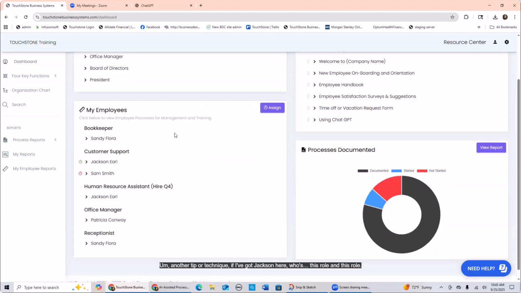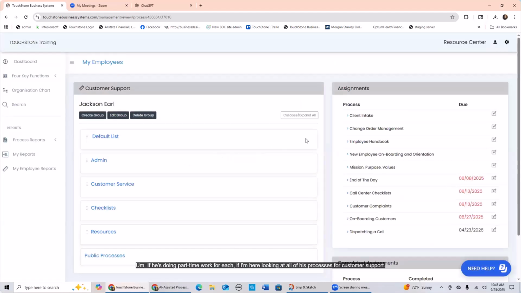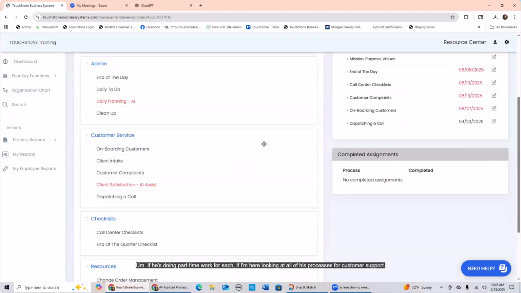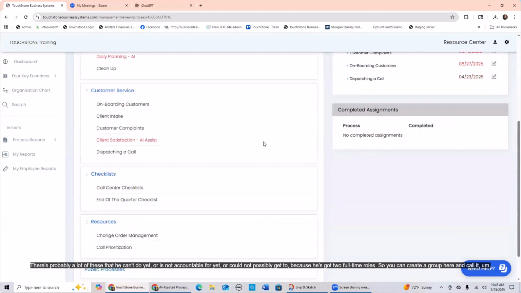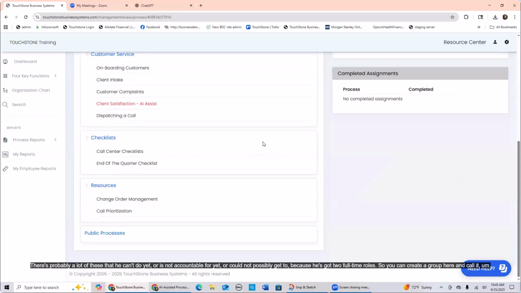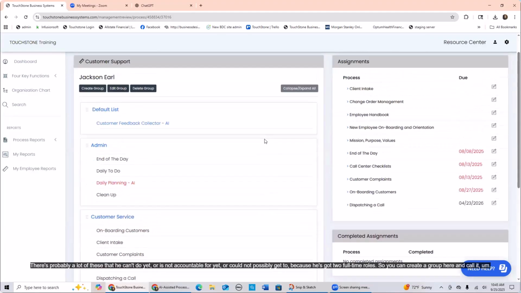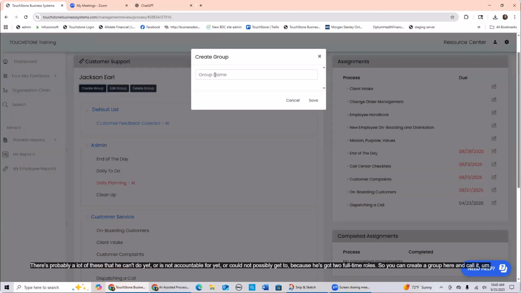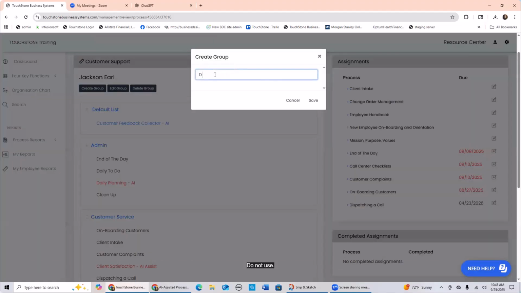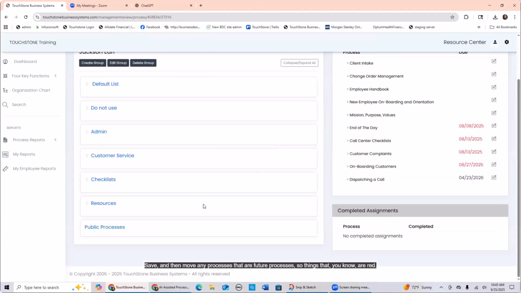Another tip or technique: if I've got Jackson here, who's in this role and this role, and he's doing part-time work for each, then if I'm looking at all of his processes for customer support, there's probably a lot of these that he can't do yet or is not accountable for yet, or could not possibly get to because he's got two full-time roles. So you can create a group here and call it "do not use," save,